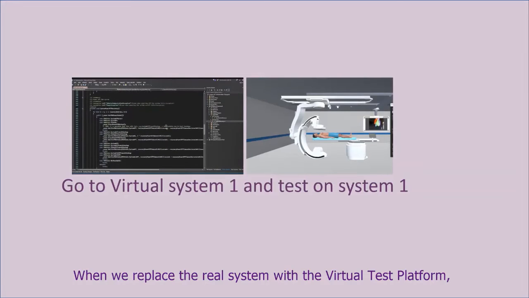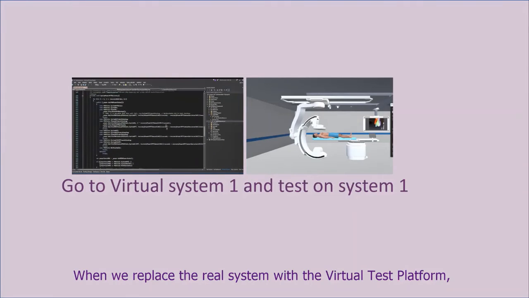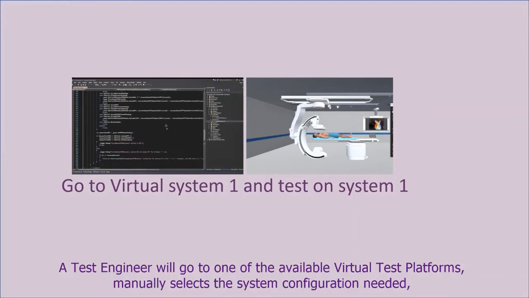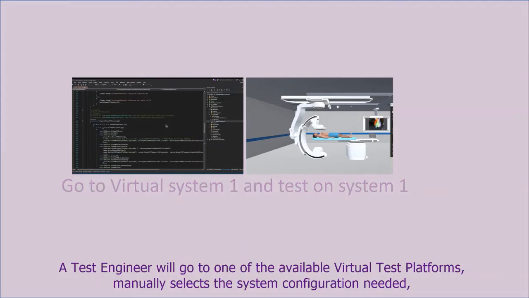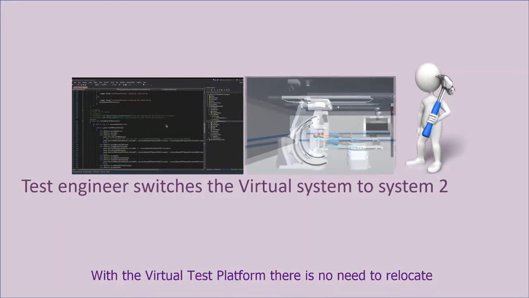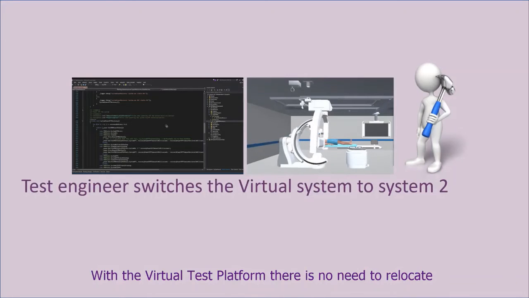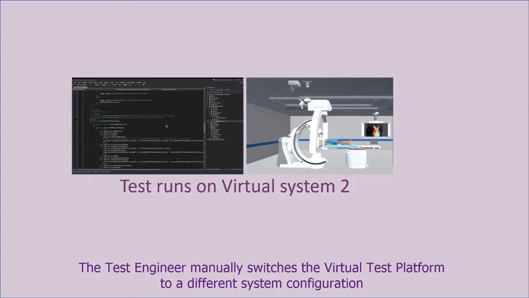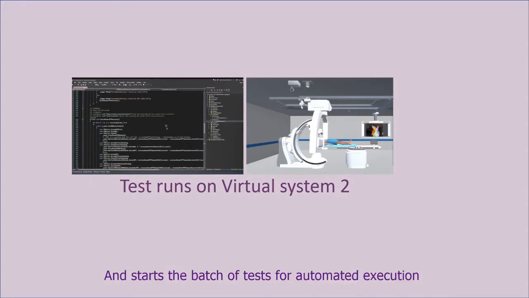When we replace the real system with the virtual test platform, a test engineer will go to one of the available virtual test platforms, manually select the system configuration needed, and start the batch of tests for automated execution. With the virtual test platform, there is no need to relocate. The test engineer manually switches the virtual test platform to a different system configuration, and starts the batch of tests